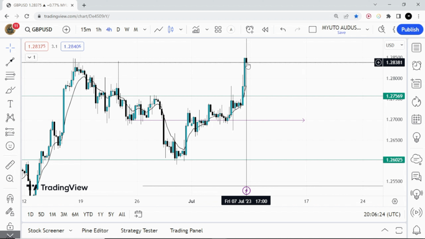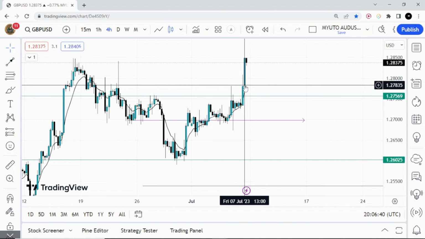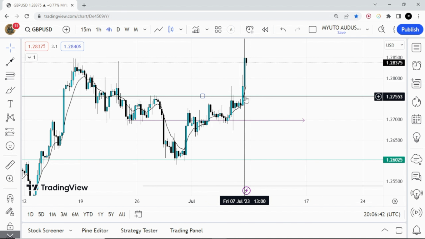Okay, like for EU, for GU, I'm bullish as well. I am bullish as well for GU. And for GU, I am expecting price to find support at my significant level here. As you can see, price also retested this level here. We retested our level